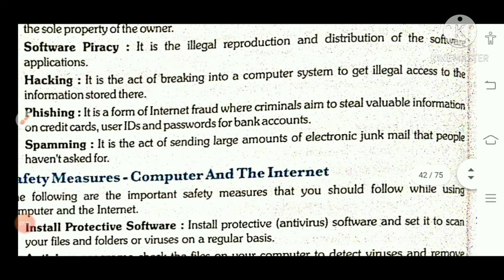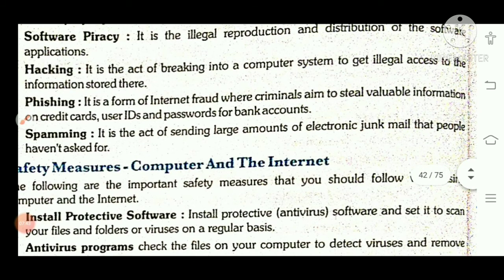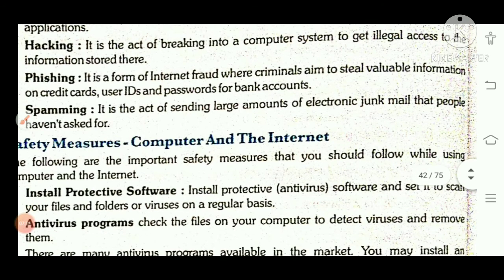नेक्स्ट इज हैकिंग। हैकिंग क्या होता है दैट सम पर्सन इज इलीगली गेटिंग एक्सेस टू योर कंप्यूटर एंड स्टीलिंग योर इन्फॉर्मेशन, दैट वन इज ऑल्सो क्राइम, जिसको हम बोलते हैं ना ऑनलाइन स्टीलिंग द इन्फॉर्मेशन, तो विदाउट द परमिशन ऑफ द यूजर, सो दैट टर्म इज नोन एज हैकिंग, एंड हैकिंग इज ऑल्सो वन क्राइम. If you found any person is stealing information from your computer without your knowledge, so you will register that case against that person, ठीक है, और वो किस केस में रजिस्टर होगा, वो होगा IT Act 2000 के अंदर।